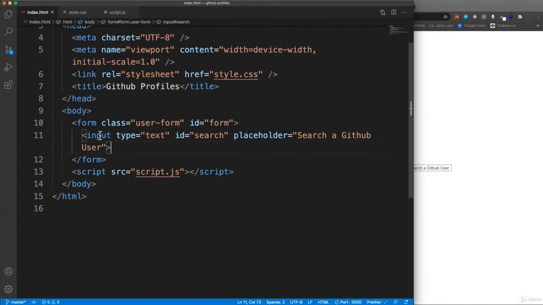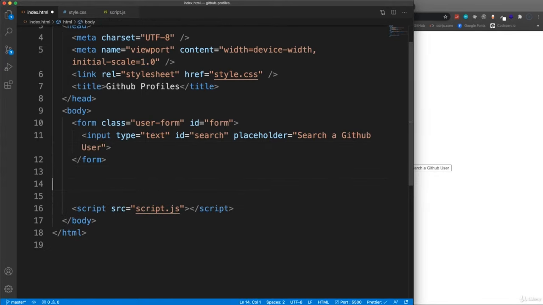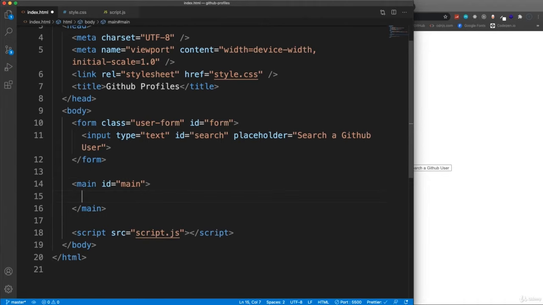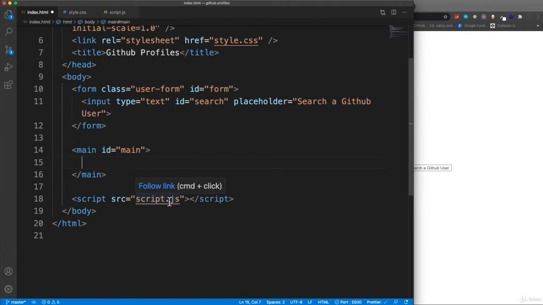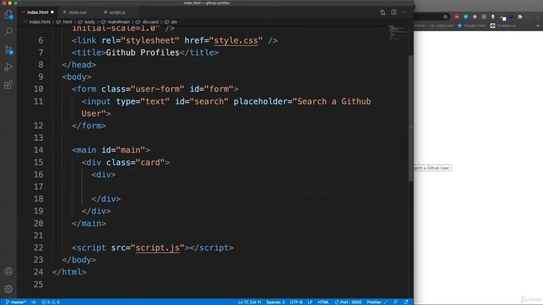And then let's go underneath the form, and we're going to use the HTML5 main tag and give this an ID of main. Now ultimately this is all we're going to have in our HTML. The user profile card is going to get inserted in here by the JavaScript. But like I said, for now we're just going to type it out so we can see it and style it. So we want a class of card,